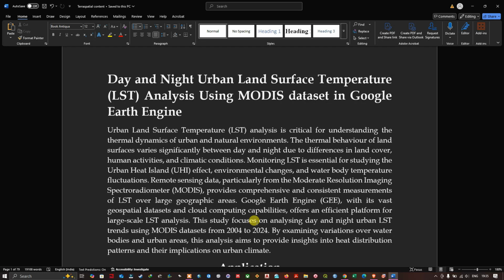Remote sensing data, particularly from the Moderate Resolution Imaging Spectroradiometer, provides comprehensive and consistent measurement of LST over large geographic areas. Google Earth Engine, with its vast geospatial datasets and cloud computing, offers an efficient platform for large scale